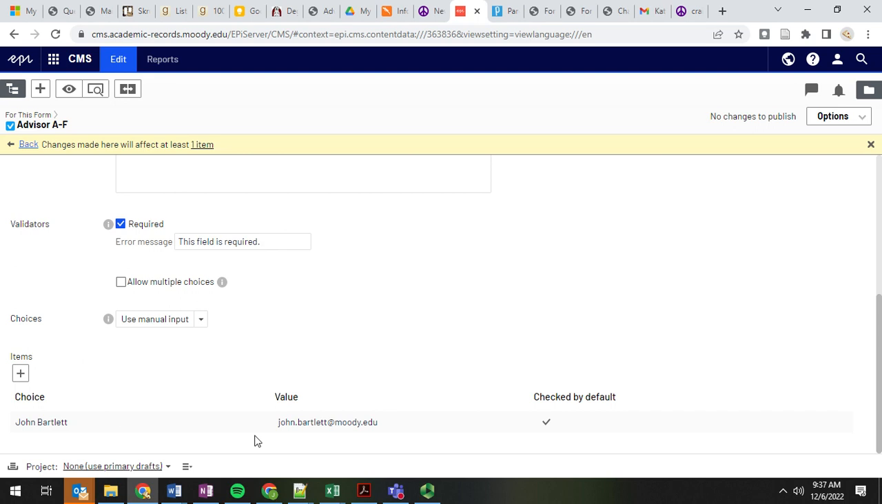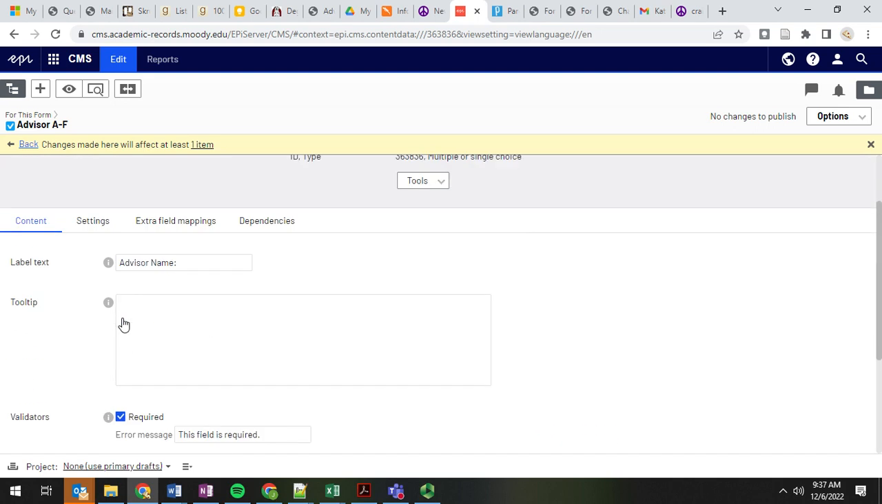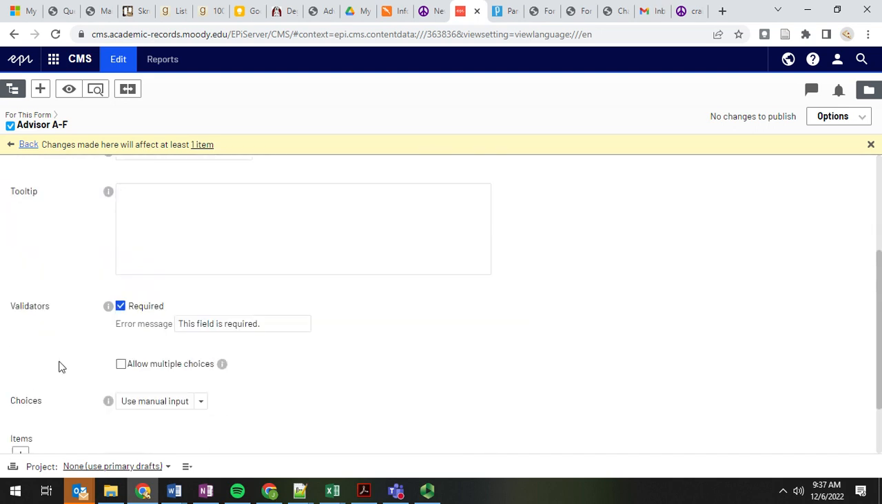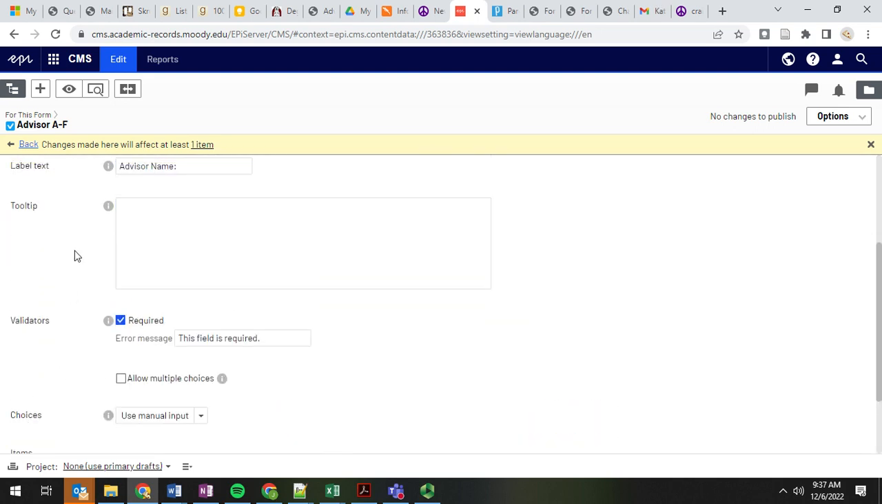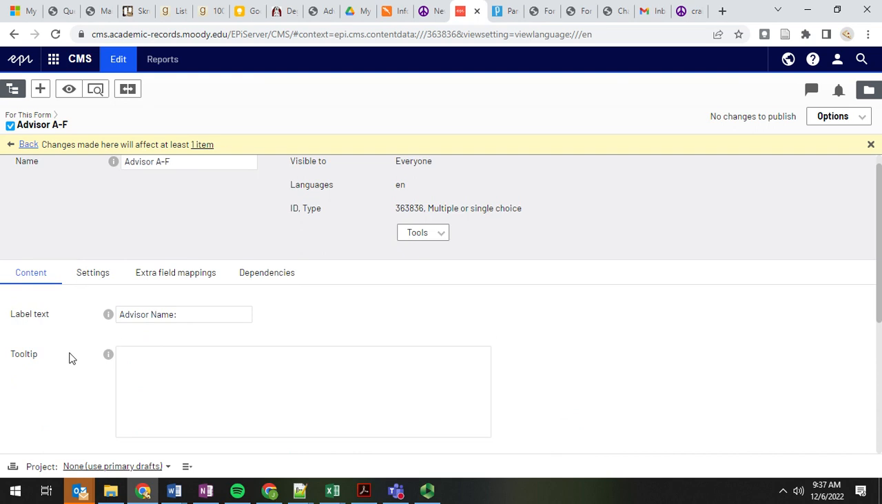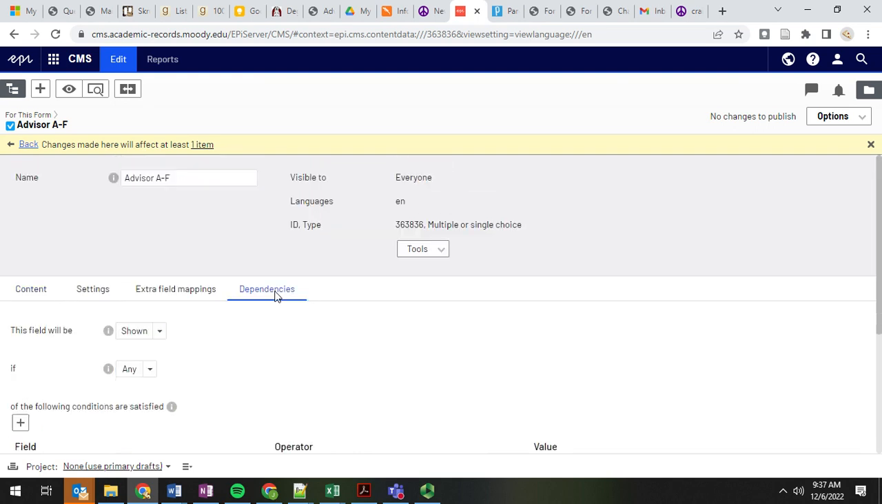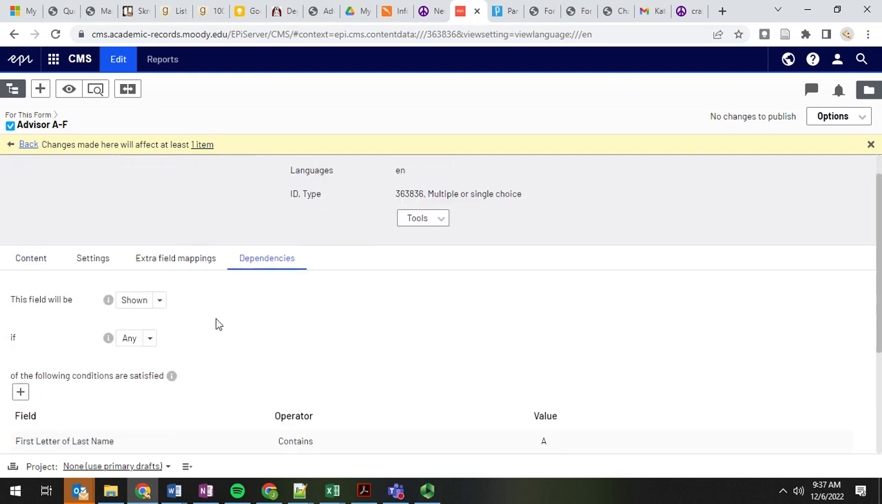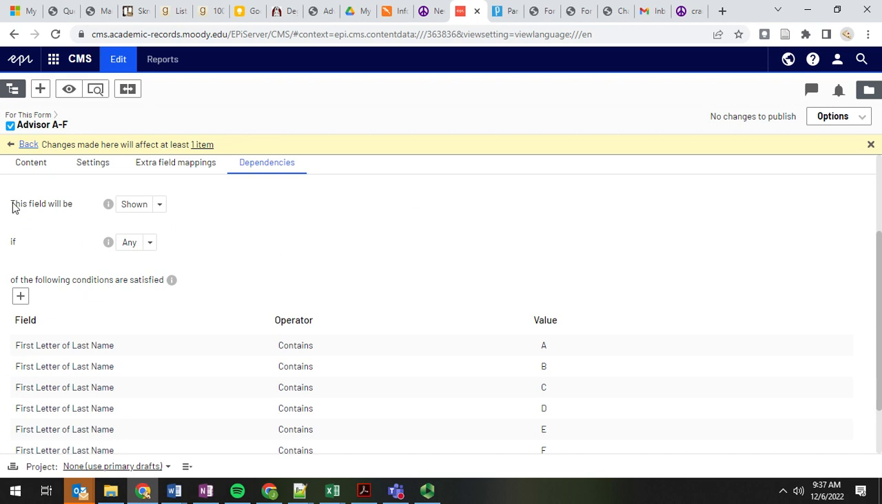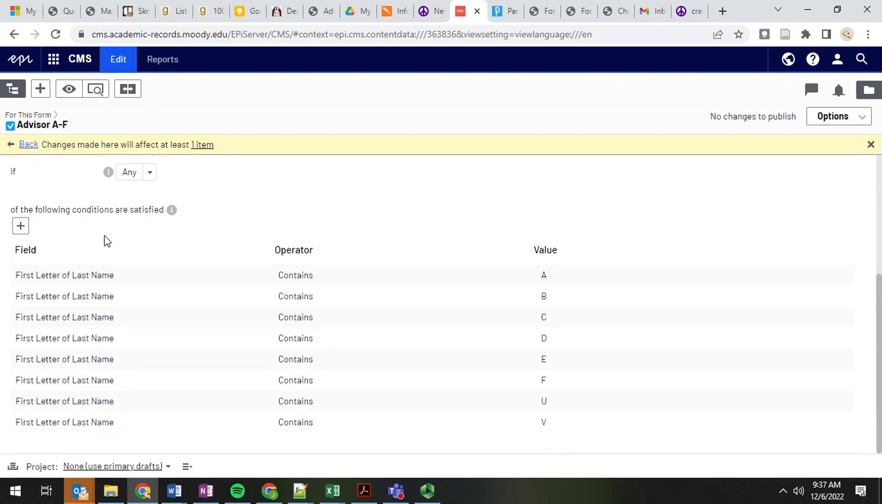Obviously, if this advisor were to resign, we wouldn't want them getting emails for any student's last name A through F. How does the form know which advisor to put there? Well, it's actually on this dependencies tab right here. So you can do different kinds of logic with this. Again, I've covered this in other videos, but I just wanted to show this specifically to show how